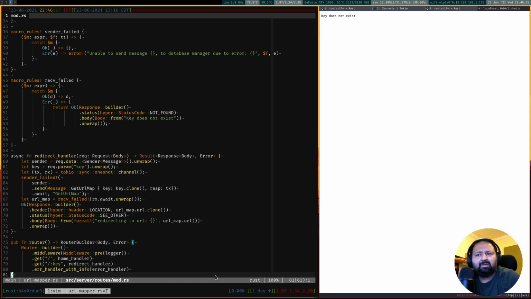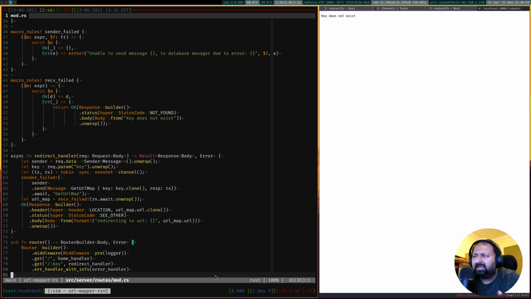Alright guys, I think I'm gonna stop at this right now. And in our next episode, basically we'll work on creating a proper CRUD API for this. And so then that will allow us to be able to manage these URL maps using the API, and we'll see how that can be done.